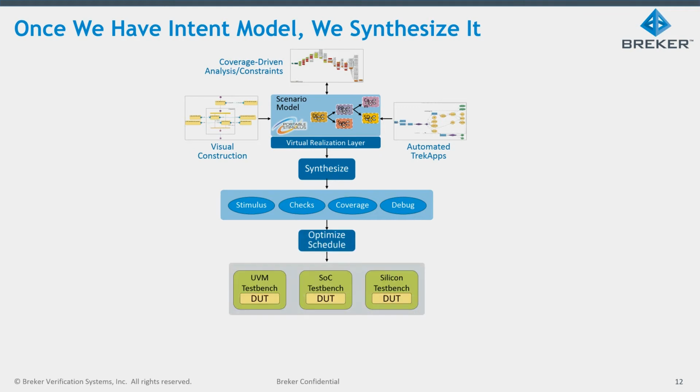Once that test is synthesized, it can be optimized down to different platforms. Maybe we will take a single tile and run it at the UVM block level. Then maybe we'll take 4 tiles and do a bigger subsystem simulation. Maybe we can take 8 tiles into emulation, and finally in silicon we'll probably have something closer to 512 tiles, or whatever the flavor of the day is. No matter which platform we're running on, we need to correlate the pass, fail, and coverage data and send it all back to the coverage closure mechanism.